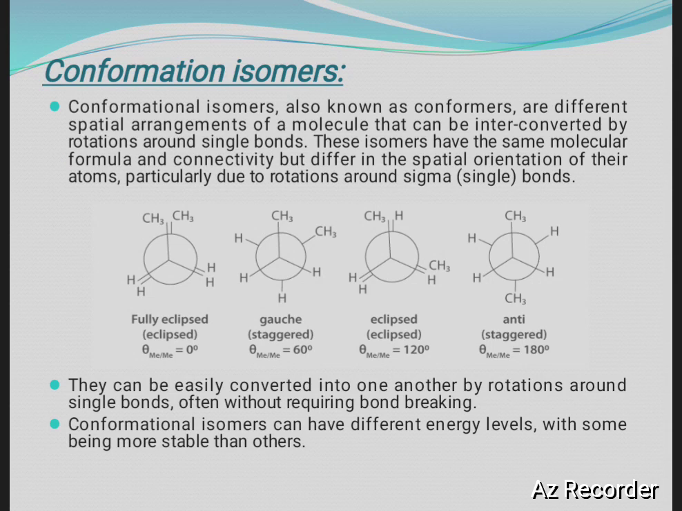Conformational isomers, also known as conformers, have different spatial arrangements of a molecule that can be interconverted by rotations around single bonds. These isomers have the same molecular formula and connectivity but differ in the spatial orientation of their atoms, particularly due to rotations around the sigma bonds. Here, these are the conformers